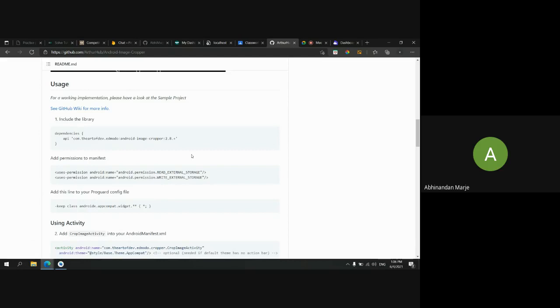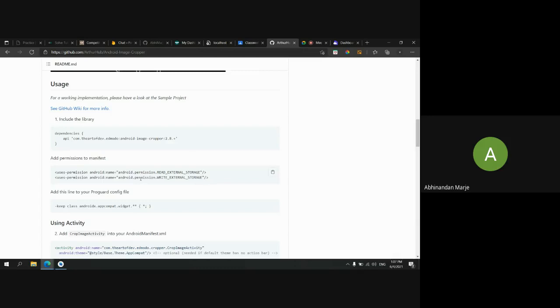Now if you install a new app, they will ask you to allow the app to read your contact details, read your storage data, right? So below Marshmallow, there was no option for asking the permission. But after Marshmallow, they have updated their privacy policy, and that's why each and every app should now ask the permission to read the data, or else it can't read the data.